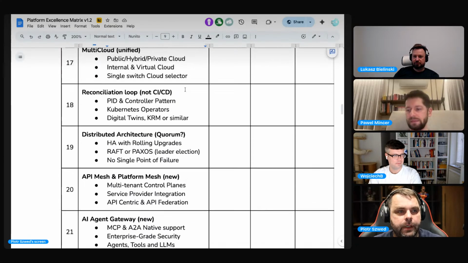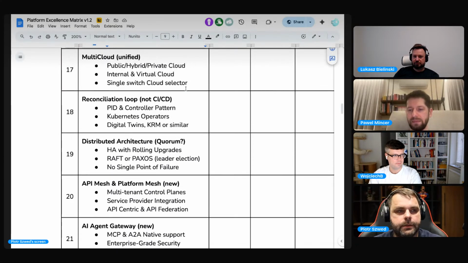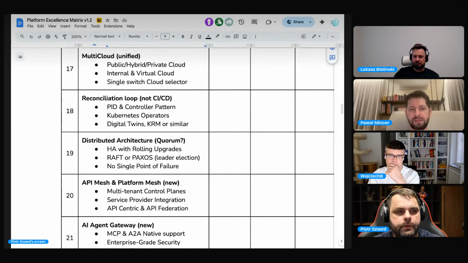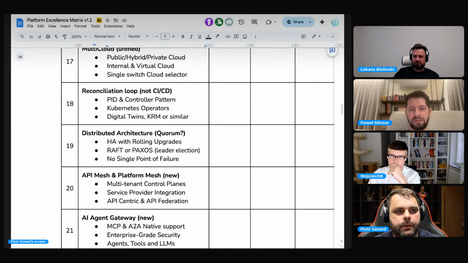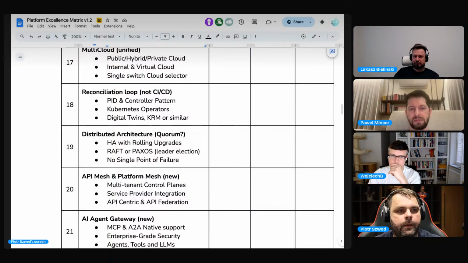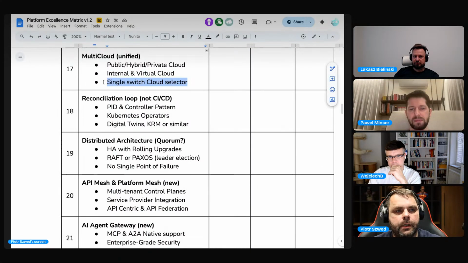Okay, when it comes to multi-cloud, is it required? I think this one is relatively obvious, right? We should support all sorts of clouds, including private and hybrid solutions. But what is special about this one is a single-switch cloud selector.